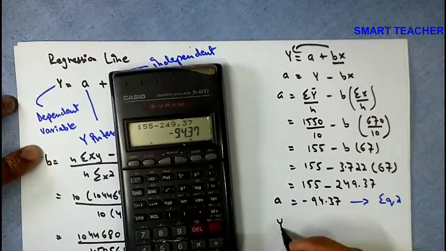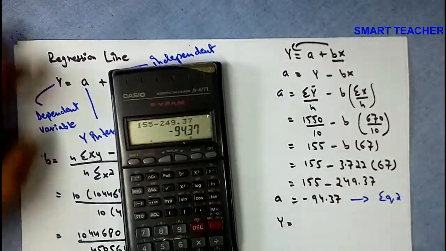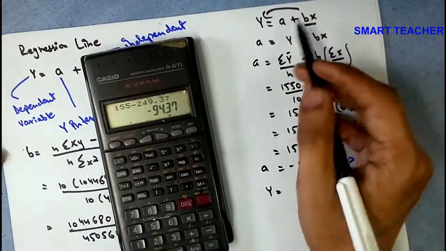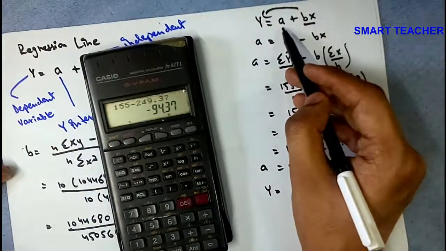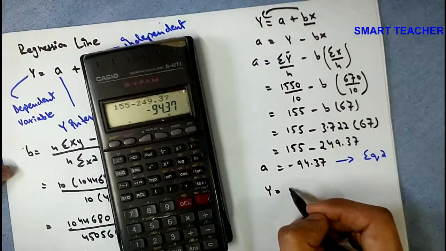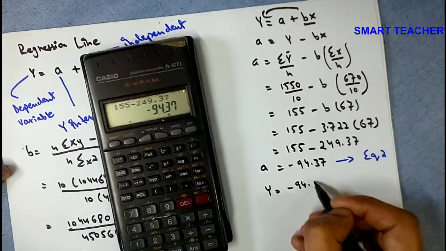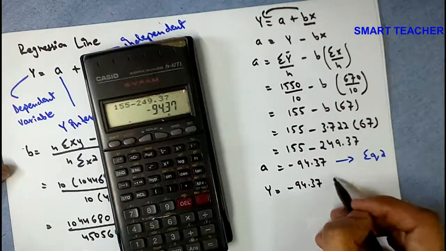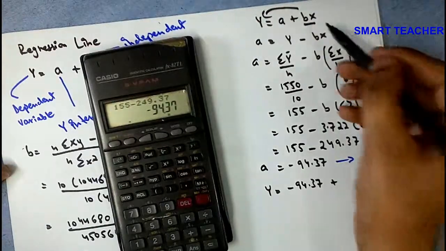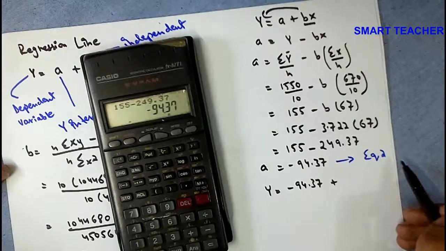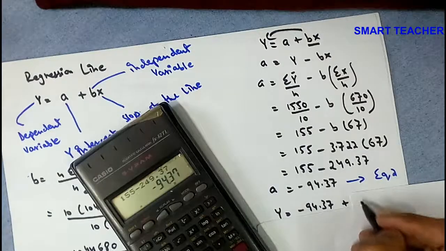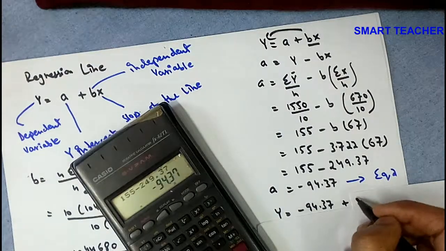Here y is equal to, what is the value of a? The value of a is minus 94.37 plus the value of b, that is